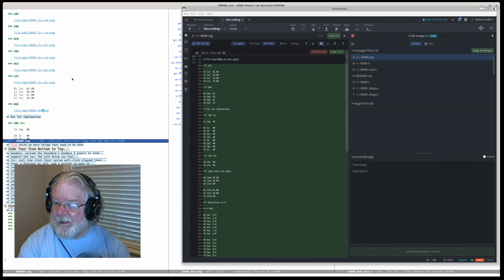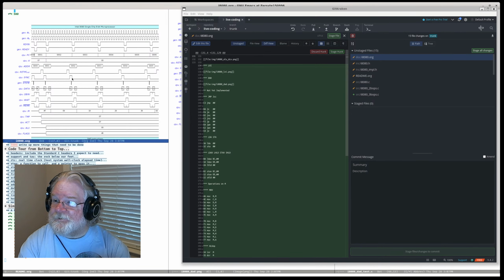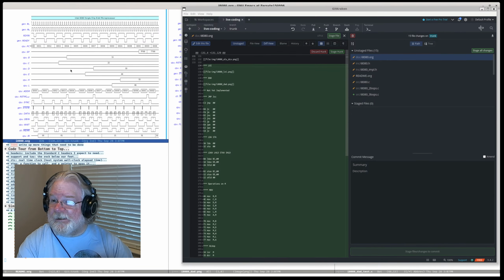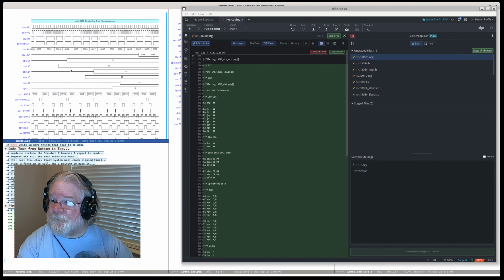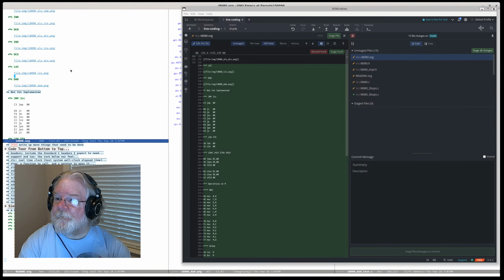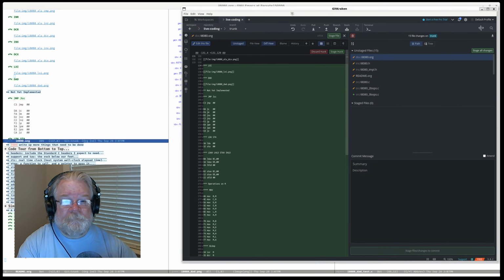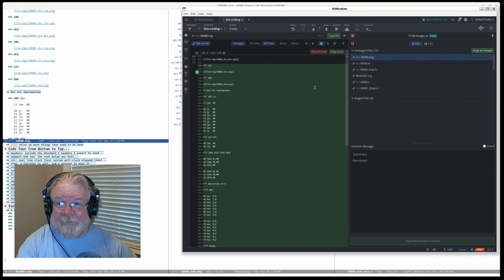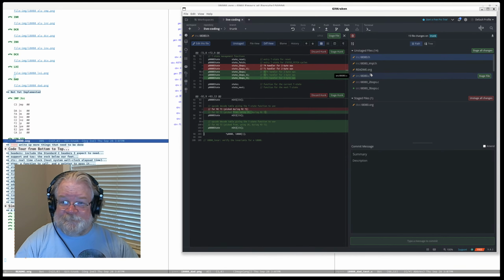ALU, this is dad.png, and this is LXI.png. And if I turn on the inlines, we see it there. There's DAD, and there's LXI. And we go back to GitKraken, and we now see this and the fact that I added those instructions. So stage the file, i8080.h.